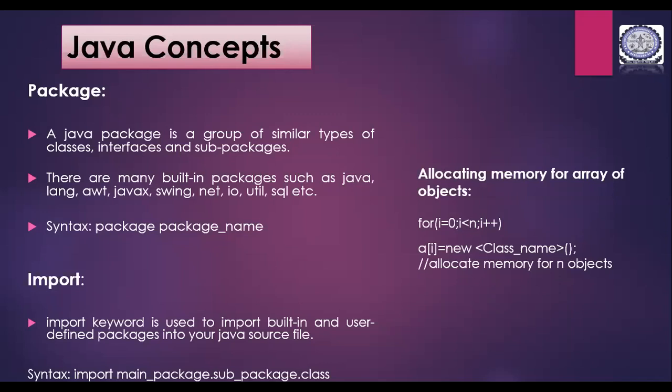Okay? So every time you need not call a new object and design a constructor for it. You can just have A of I. A of I becomes the new object for every stack that you call for, and you have a memory allocation by calling the constructor here. Once you call a constructor here, you will be allocating the memory for each of the n objects. So one memory location will be allocated to each of the n objects using this for loop.